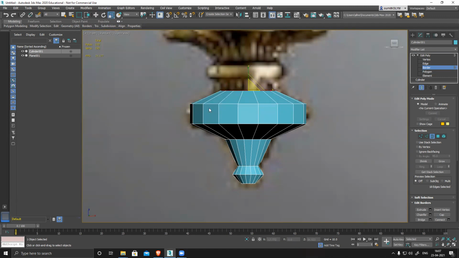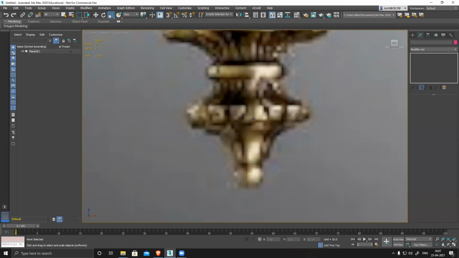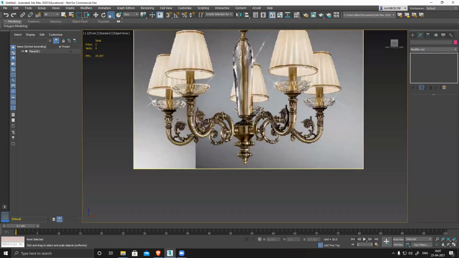Like this I can create it too, but you can see it's a time consuming process. I can definitely create it perfectly, but it will take a lot of time. I have to match each and every shape every time and check everything properly. But if I use the line tool, I can do it within no time. That's why we need to identify where we have to use line and where we have to use poly modeling.